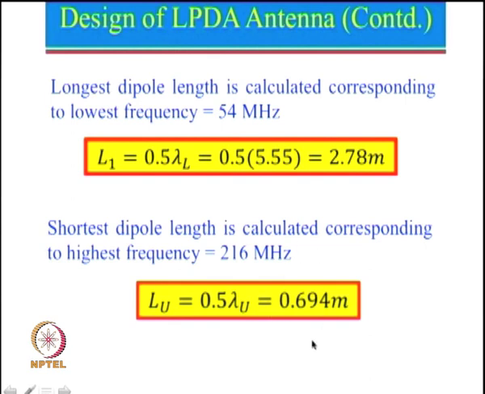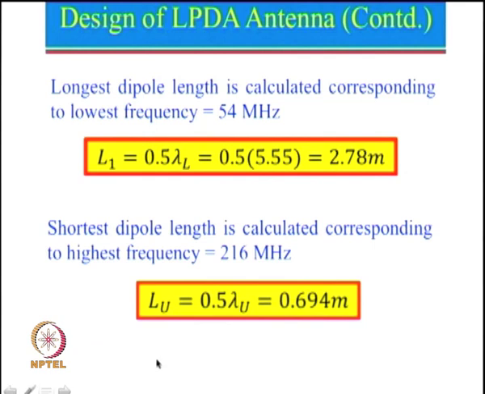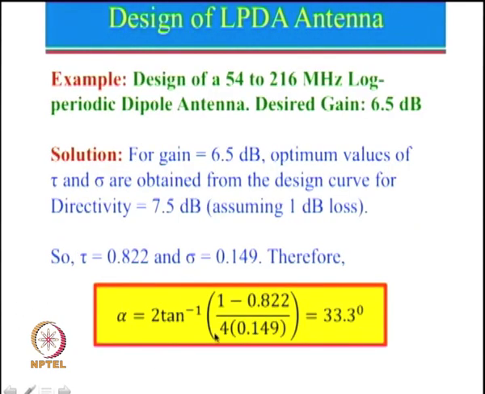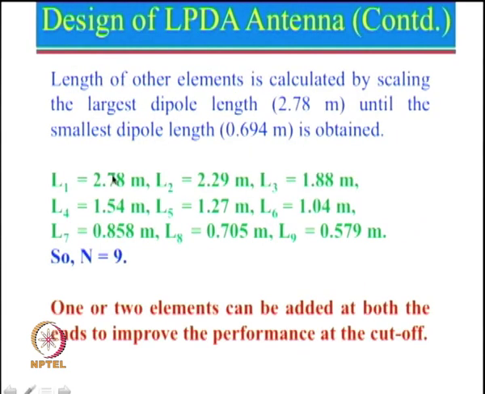That means this is the dimension of the smallest dipole. So, now what we do, we start with this value and then let us see what we do. Starting from this particular value, which is 2.78 meter, you multiply with this tau, and what is tau? Tau is equal to 0.822. So, you keep multiplying with 0.822. This one multiply by 0.822, you will get this here, multiply with this, and continue this process till you